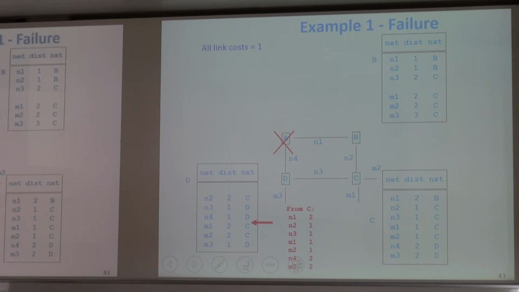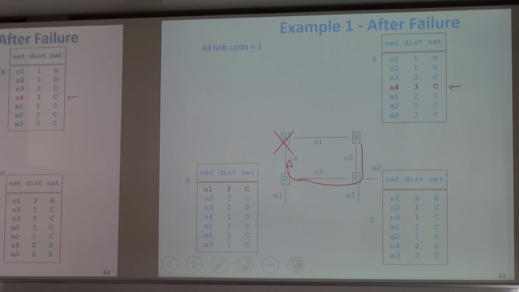And we can check this here. C will send this distance vector to D, and D will now get new information about N1. C says it is a distance of 2, therefore D learns that it is a distance of 3. Similarly, B will receive information from C that will teach it that in order to get to N4, it should go via C. So it's a simple example where the thing is repaired very quickly, but the take-home message is